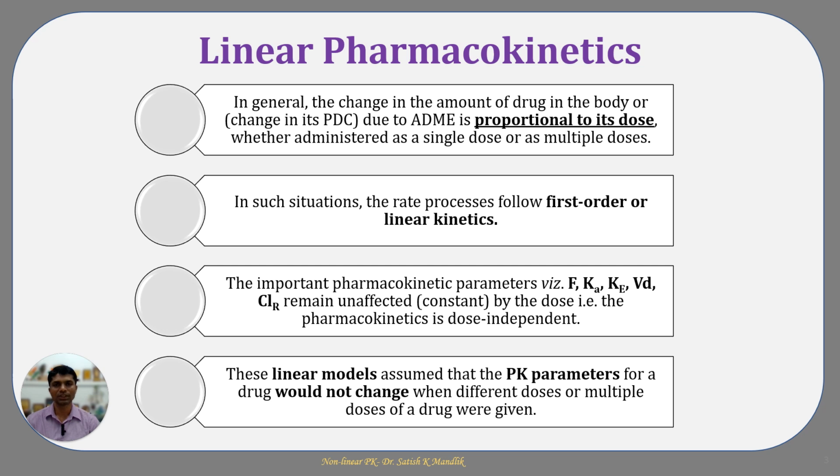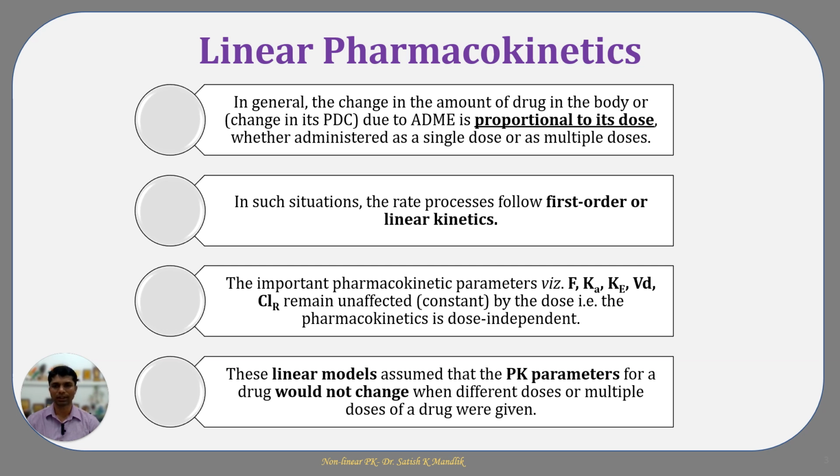Before we jump to non-linear pharmacokinetics, you are all aware of linear pharmacokinetics. So what exactly happens in linear pharmacokinetics? The majority of processes that happen in the body, that is ADME, follow linear pharmacokinetics. What does it mean exactly? It means that ADME is proportional to its dose, whether the administered dose is a single dose or multiple doses. In such a situation, the rate processes in ADME follow first order kinetics, and therefore it is